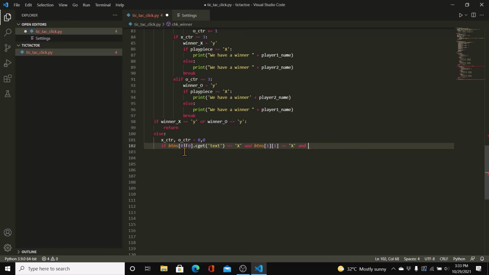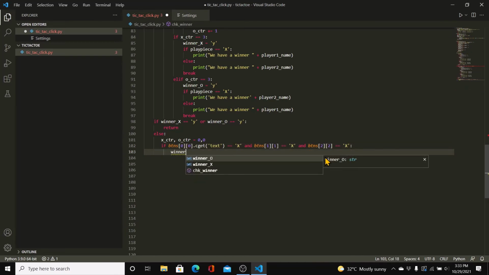This is the leftmost column of the first row, and btns 2, 2, right? If that is also equal to x, then we can initialize winner x equal to y,